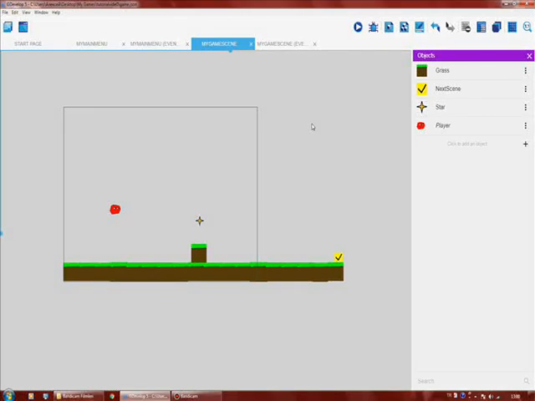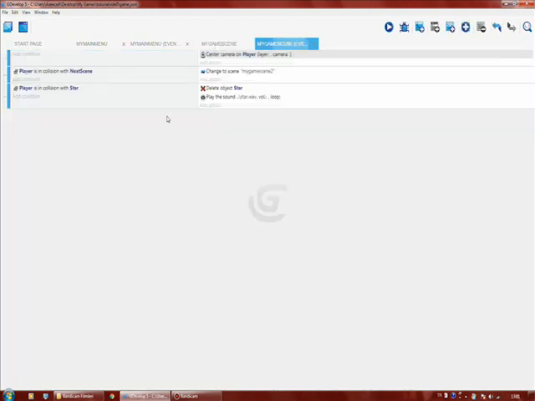So today I'm gonna show you how to make a character look when you press any button and animations work. So let's get started. First go to events here and press add a new empty event. Press add the condition